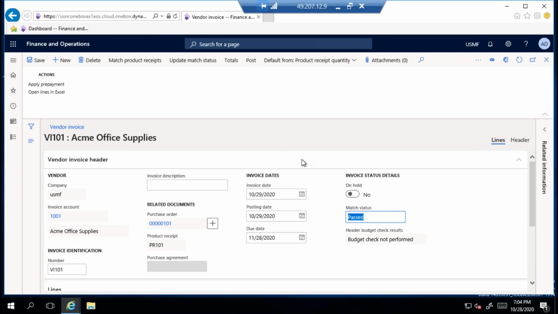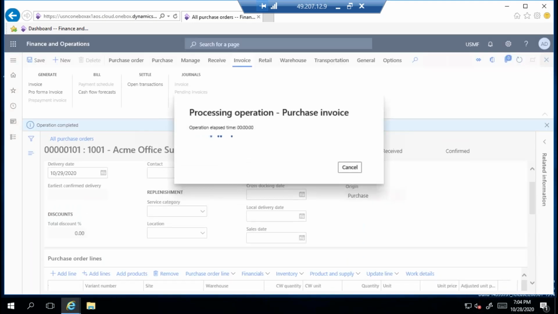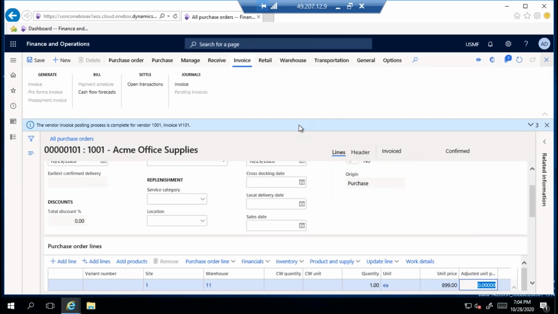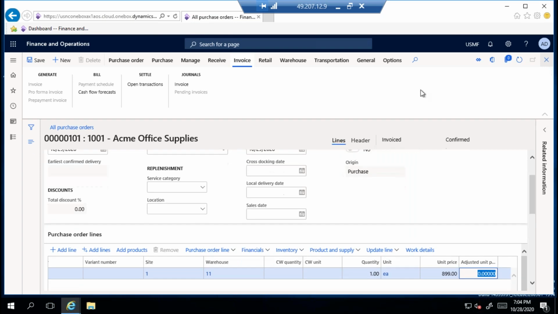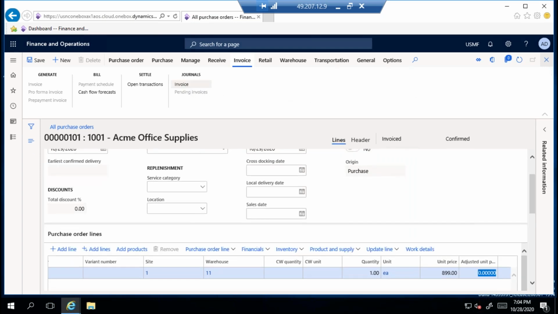Suppose now there is no change, so it passed. Now click on post. It was posted, so the operation is completed. Now if you verify the invoice, here under journals, invoice,